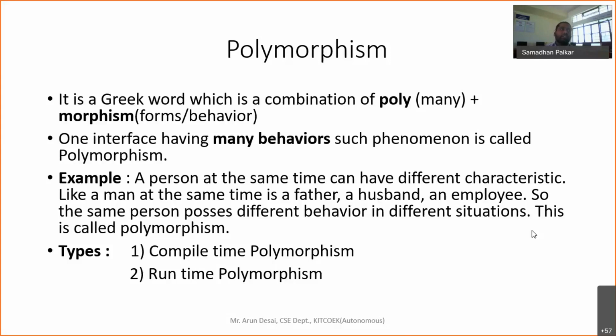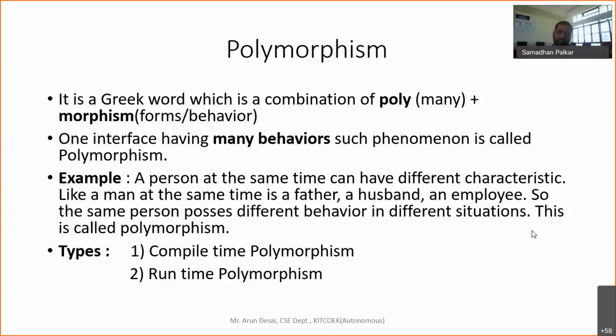Since KIT treats me as an employee, they will assign different tasks to me. You as a student ask me about your learning. Whatever I teach you in this subject, you are concerned with that subject only. Even though I am your student association coordinator, whatever work is related to that, you will ask me. So behavior is different in different situations, and that is simply called polymorphism.